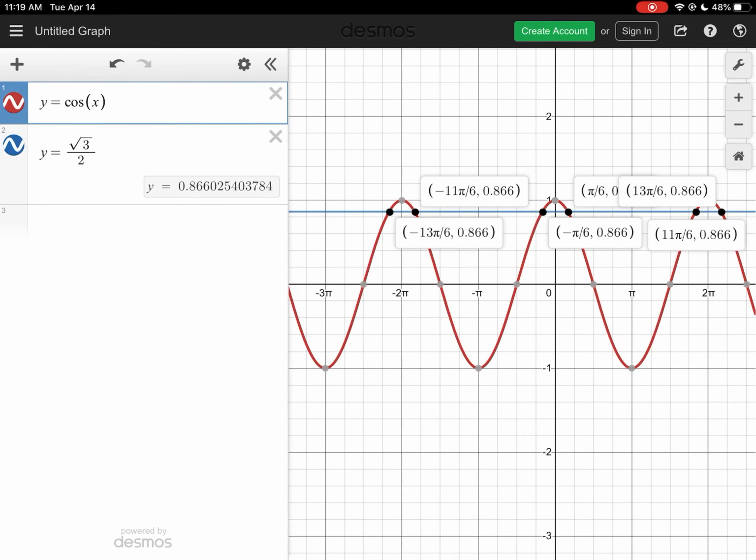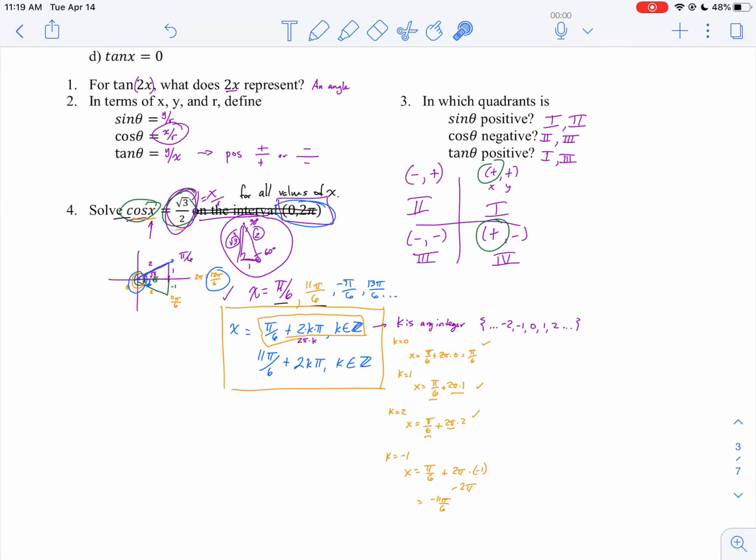But then we had to solve it for any value to get all of the points where these are solutions. And so we can't list them all out. So instead of listing them all out, we add this 2k pi where k is an integer or any integer. And then this gives me all the solutions that we're interested in. So I know there's a lot there. Feel free to pause it, go back and watch it again. If you really understand this deeply, you really, I think, can help yourself make solving trig